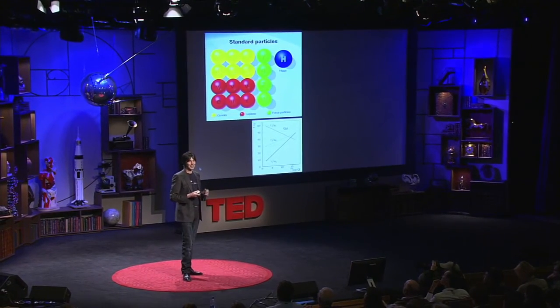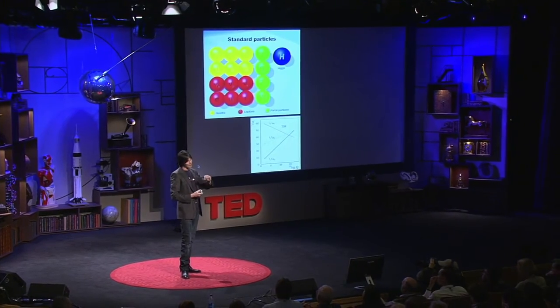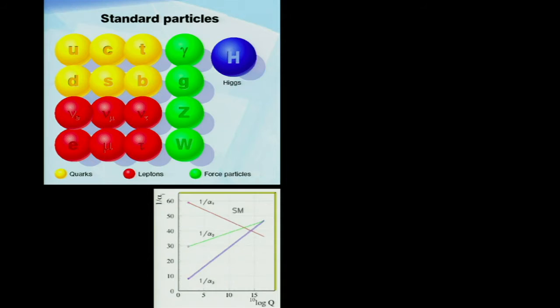So the electromagnetic force, the force that holds us together, gets stronger as you go to higher temperatures. The strong force, the strong nuclear force, which sticks nuclei together, gets weaker. And what you see in the standard model, where you can calculate how these change, is that the three forces other than gravity almost seem to come together at one point. It's almost as if there was one beautiful kind of super force back at the beginning of time, but they